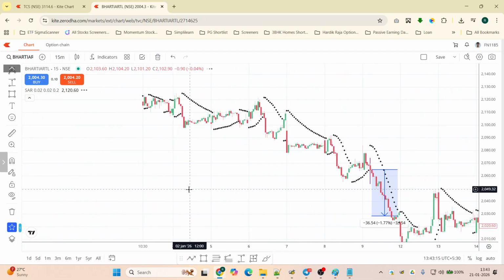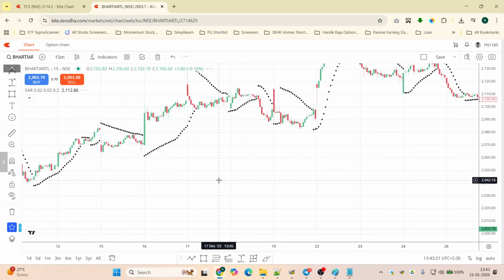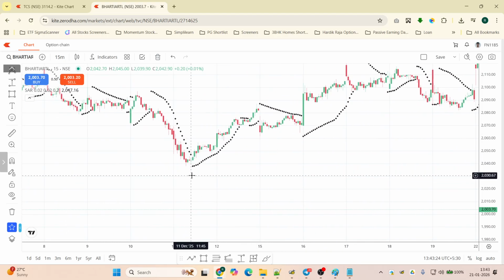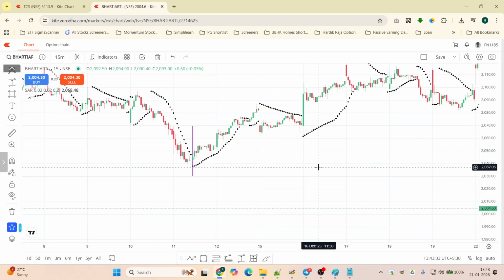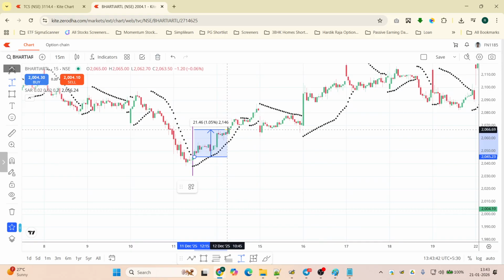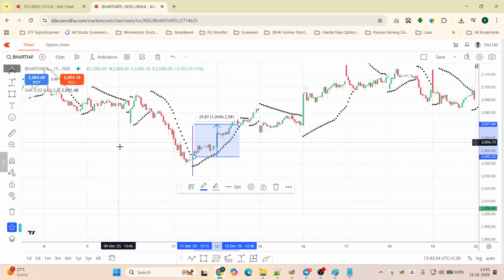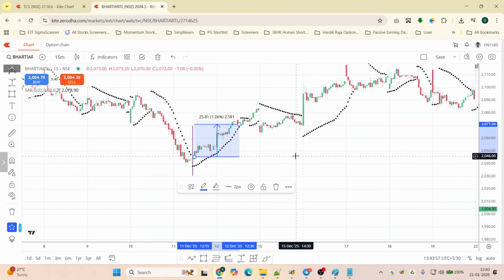And let us see a better example here for an uptrend also, right? So the parabolic SAR has shifted to uptrend in this particular candle, right? So if you had entered here also, might be the opening of the next candle, and waited until the parabolic SAR shifted to down here, somewhere around here, you would have got 1.26% returns, guys. And all this is within 1 day, right? If you had held it for 1 day, you'd have got this much profit,